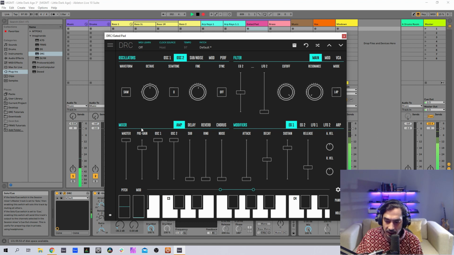And now raise the pregain to 833. Now for the filter, we've got, I think, everything right. We have to go to the envelope generator 1. And we got 0.97 on the attack.